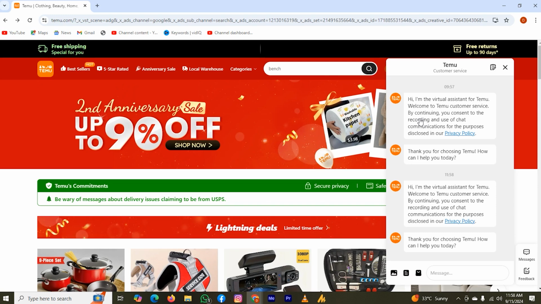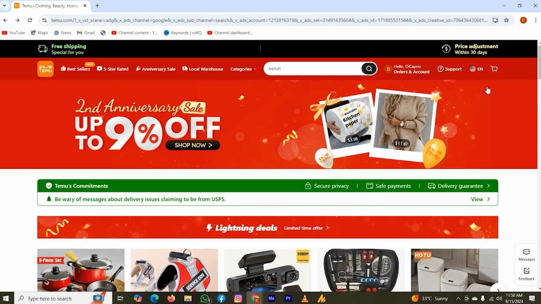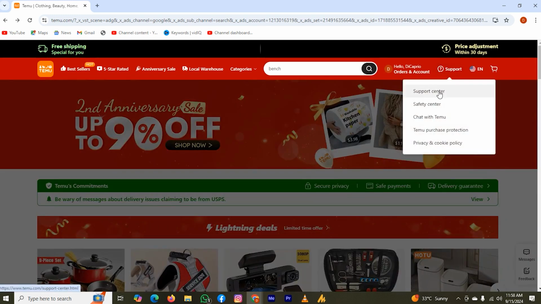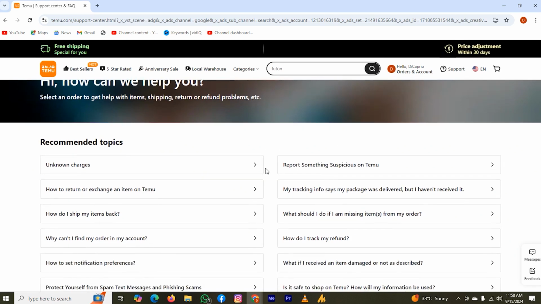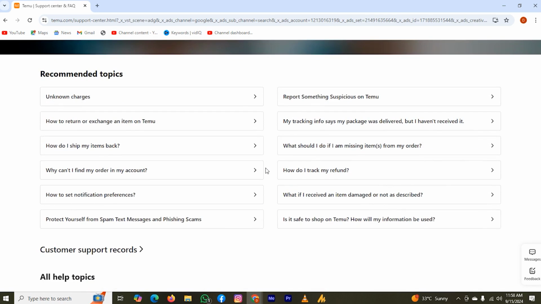But if you want to contact the help center of Temu, then close this and again take your mouse cursor on support and tap on this option, support center. This one is the support center of Temu. Here you will get the articles for your questions, meaning a written article in which they will write everything about